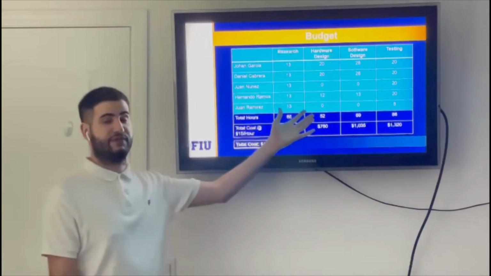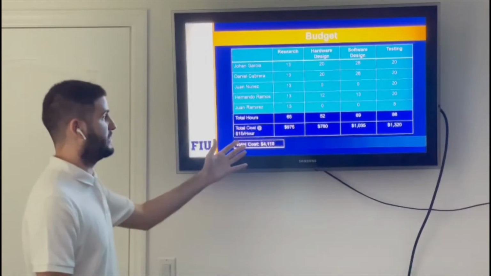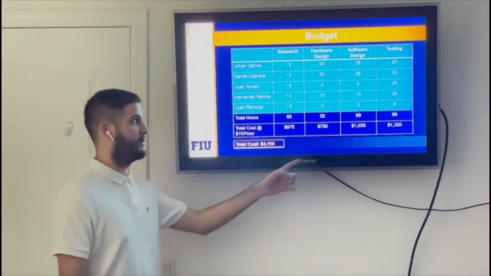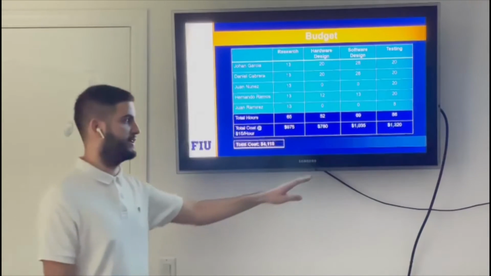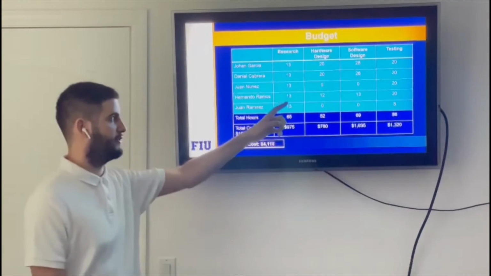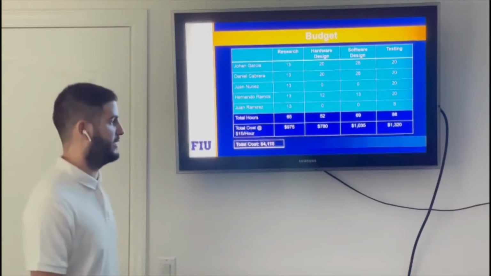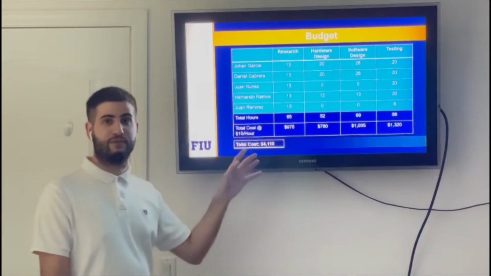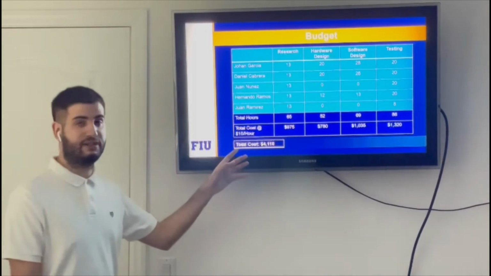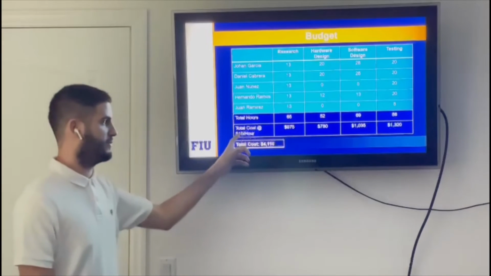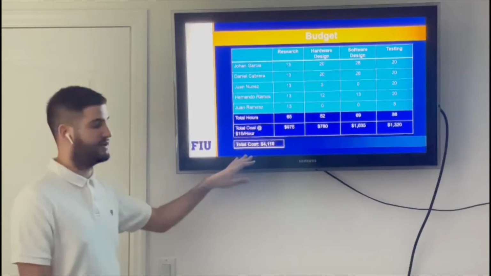Basically, these numbers represent hours. So we have done 65 hours for research, 52 hours for hardware design, 69 hours of software design, and lastly 88 hours for testing. This is assuming $15 per hour, meaning that if we add all these numbers and then multiply times 15, we're going to get a total cost of